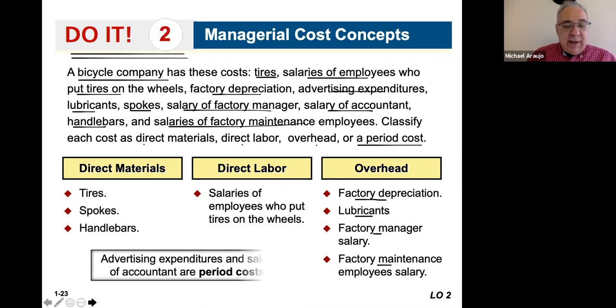That would mean that our advertising expense and the accountant are what we would consider period costs. Okay. So that's your first lecture on